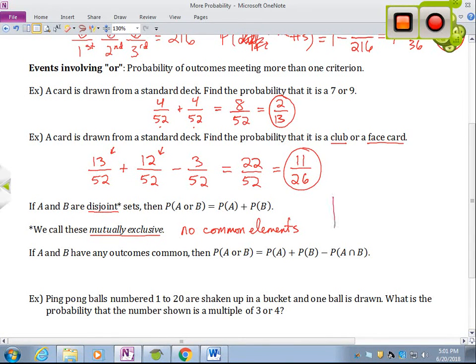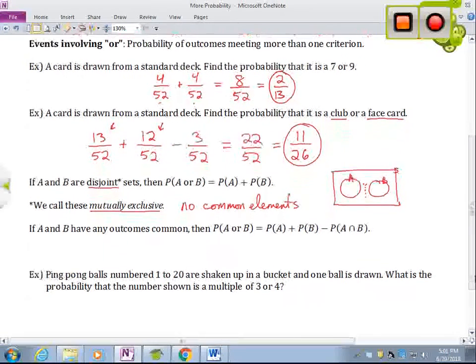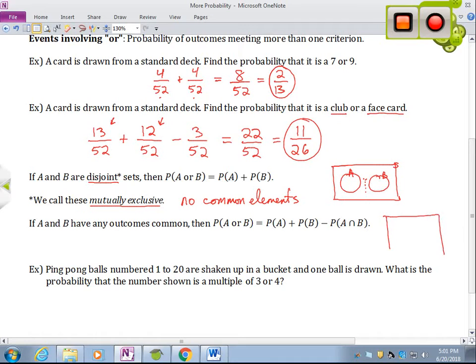So no common elements. In other words, there's nothing that's counted as part of both groups. If we're looking at a Venn diagram, okay, our sample space is everything inside S here, and I've got all of the A options here, all of the B options here. There's nothing right here where they are overlapping, okay? So the probability of one or the other happening would just be simply the probability of the first plus the probability of the second, okay? But frequently, we end up with a little bit of overlap. Okay, so let me draw another Venn diagram here. A, B, okay, in our sample space, or our universal set. Doesn't really matter what letter we use there.